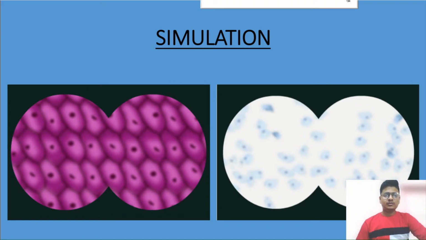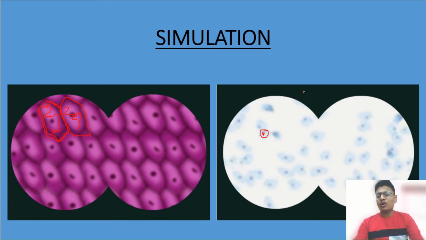Okay, students. In this simulation you can see a few things. See, this is hexagonal in shape. Yes, this is oval in shape here. The plant cell is having this hexagonal shape. In between there is a dark spot. This is known as the nucleus. There is also something filled in between, which is known as cytoplasm. And in the plant cell you can see a dark shaded portion around every cell, that is known as cell wall. It is not present in the animal cell.